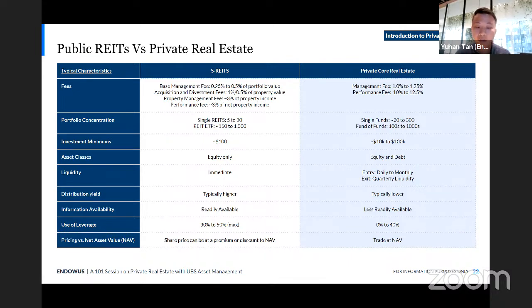So in a way, this actually fits through to the minimum investment amounts, as private real estate funds tend to be higher, at least 10,000, while an investment in REITs can start off as low as $100. REITs are also typically allowed to invest only in the equity of a property, while private real estate funds do have the flexibility to invest in real estate debt or credit. So Daniel, are there also any other important differences worth noting when comparing the two sub-asset classes?